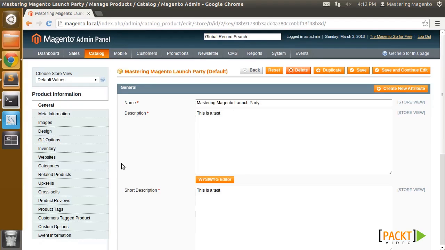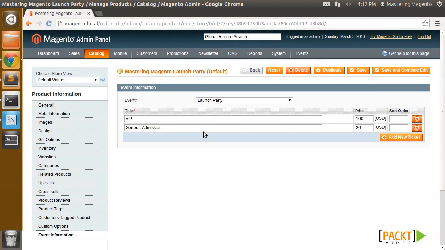So on my product edit screen, you'll see that I've replaced the event settings tab from the previous exercise with an event information tab here. And on this tab, you can see that I customized it quite a bit. It still has the event drop down where we can select which event this is going to pertain to, but